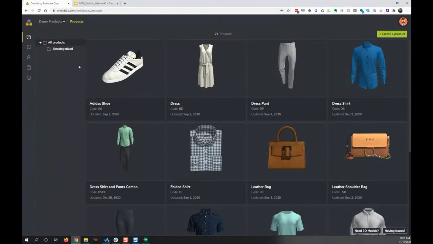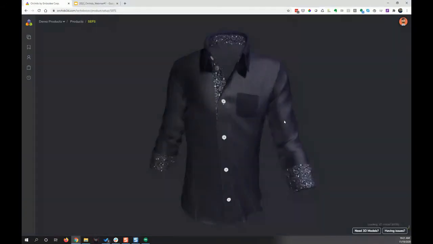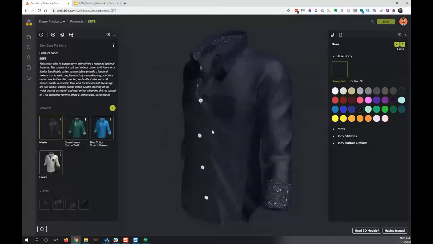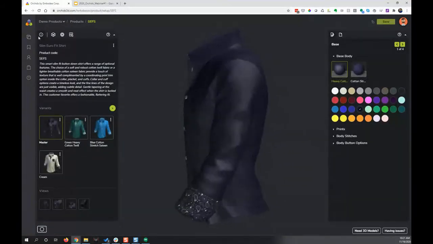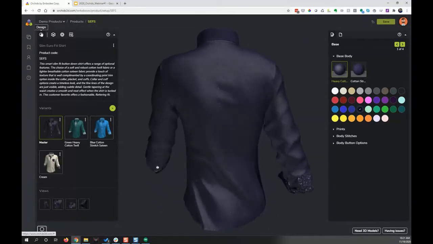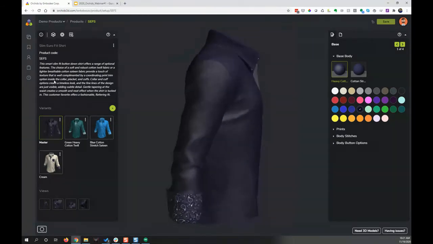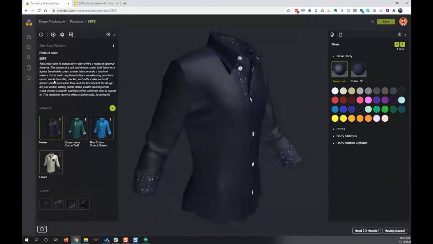Okay, so I'm going to go here, and I'm actually going to dive into a product. So I'm going to go here to what we call our flagship product. And what we have here is what we call our design tool. So up here in the top left-hand corner, you'll see a tab called Design. Anyone entering a product will see this view, all right?